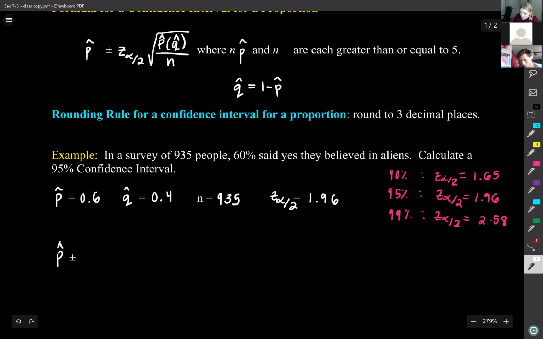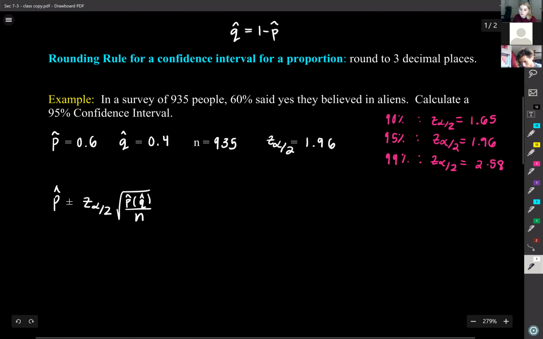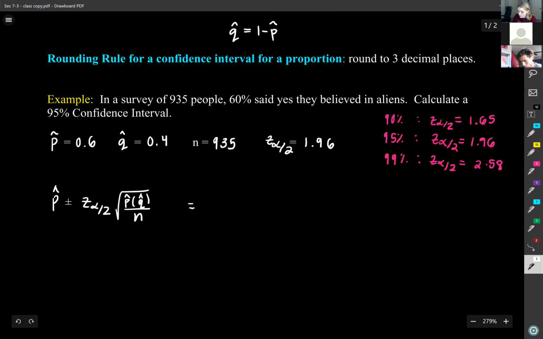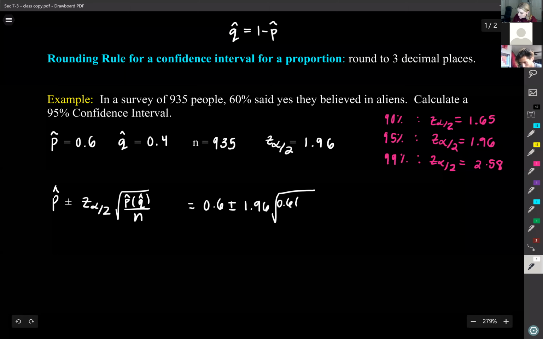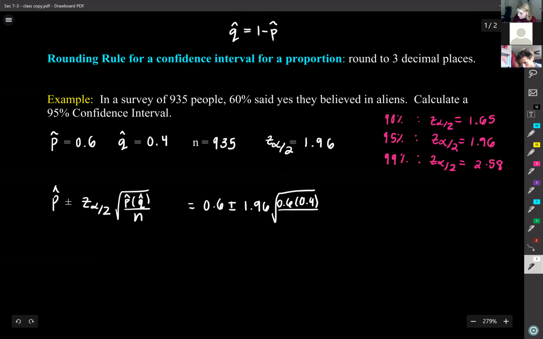So our formula is P hat plus or minus Z sub alpha over 2 times the square root of P hat times Q hat over N. And we have all these things, so now we just need to go ahead and plug them in. So this is 0.6 plus or minus 1.96 times the square root of 0.6 times 0.4 over 935,